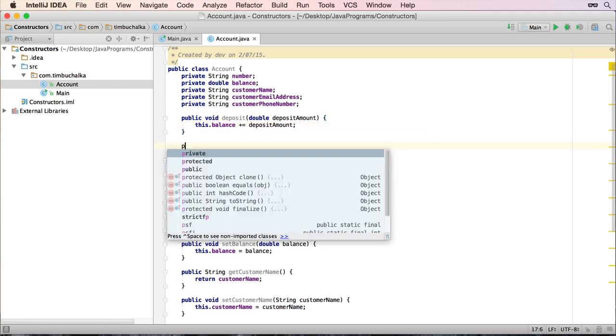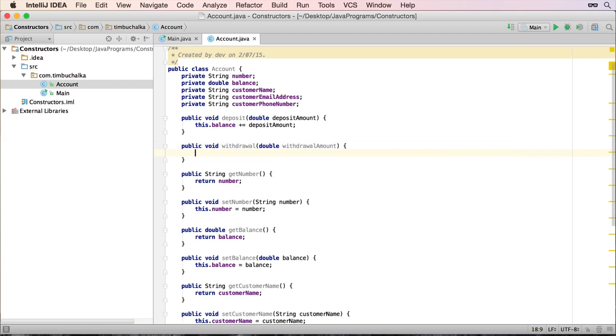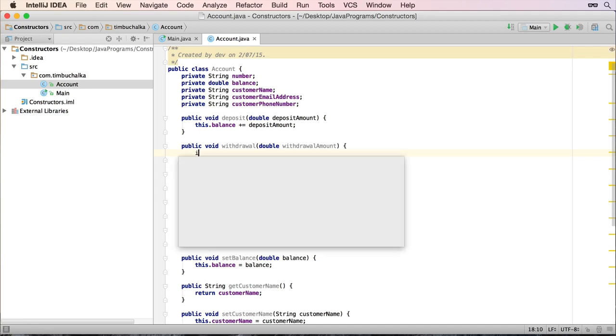And for the withdrawal one, we'll do public void withdrawal. And we're also going to define the amount, and we're going to pass the amount that we want to withdraw. So we'll put withdrawal. So what we can do now is test to see whether there is sufficient funds available to process the withdrawal. So the easiest way to do that would be to put if